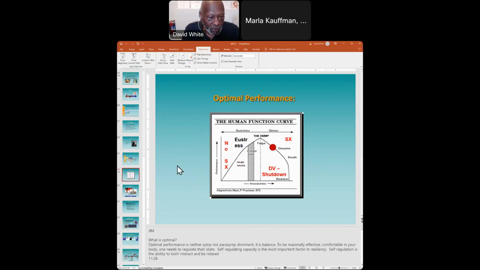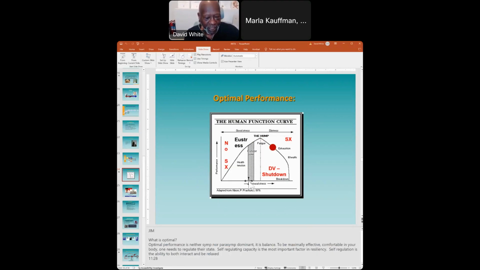So another way of thinking about this is this way. This is the Yerkes-Dodson law curve. It's a human function curve that's been around for over 100 years. When you get up in the morning, you start off at zero, there is no arousal and there is no performance. So you are at rest. As you go through the day, your arousal increases, your performance increases, and you continue to go up and up until you get in the comfort zone.